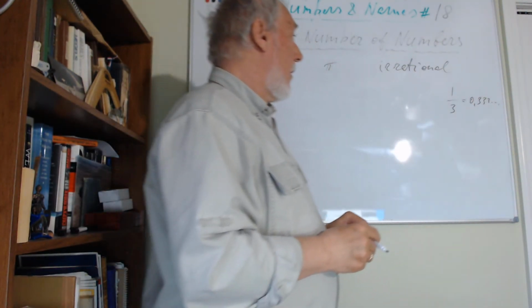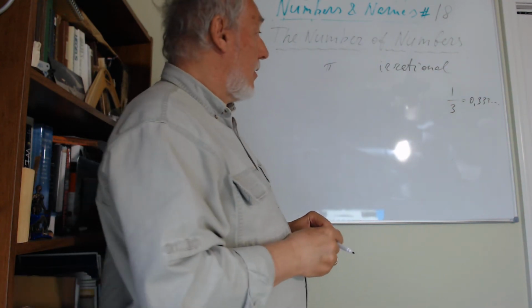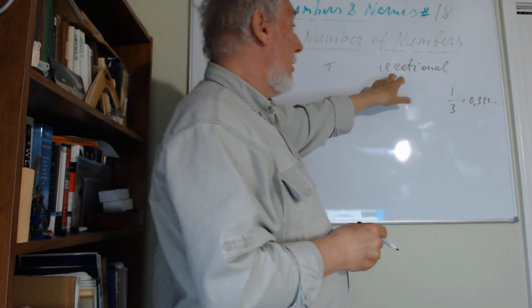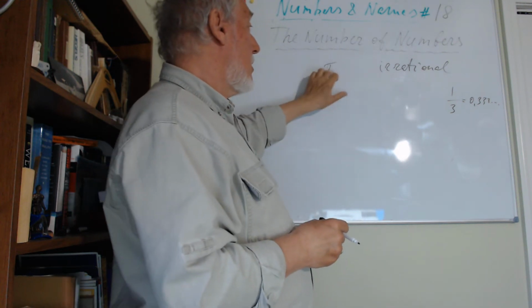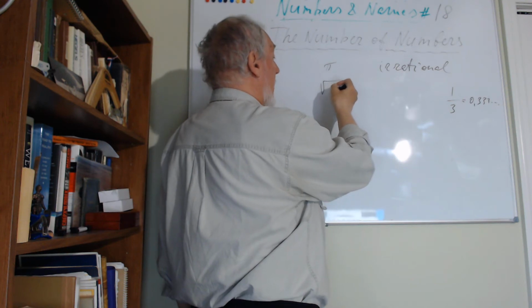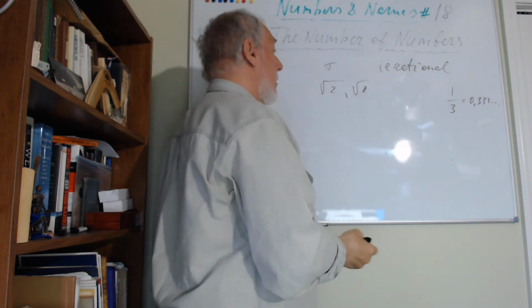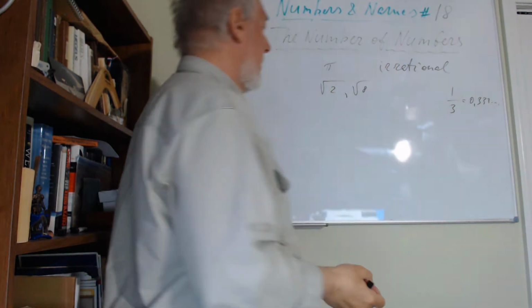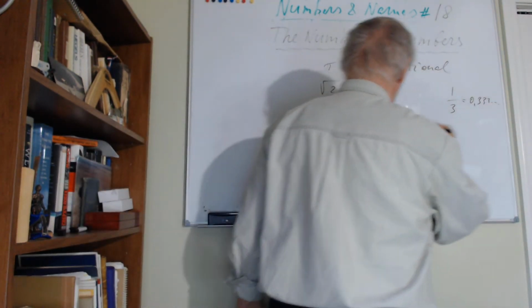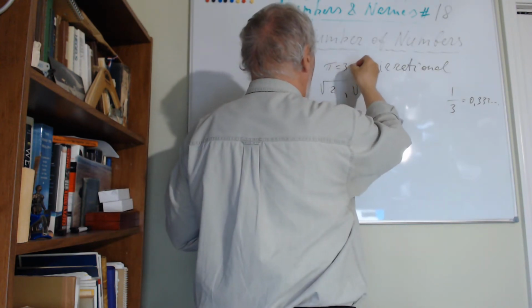Irrational because it cannot be represented by a ratio. So this is a ratio, a fraction, right? So irrational is not represented by a ratio. So pi is irrational, like lots of other numbers, like the square root of 2, or the square root of, I don't know, 8. Whatever. So many of them are irrational, and they are infinite, like pi is,